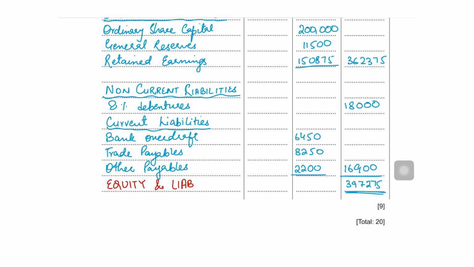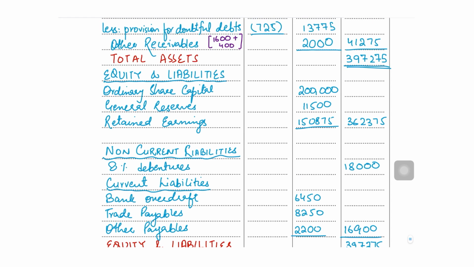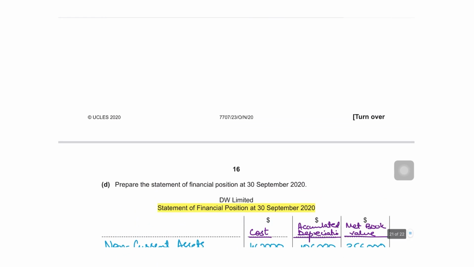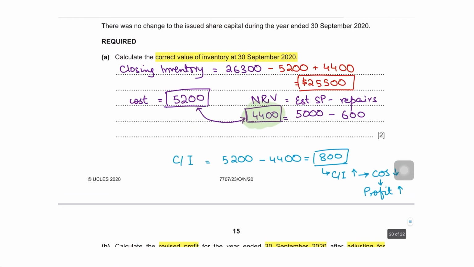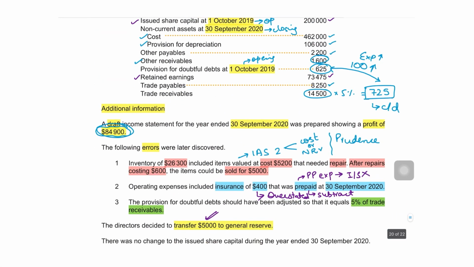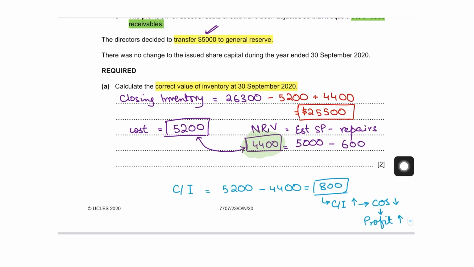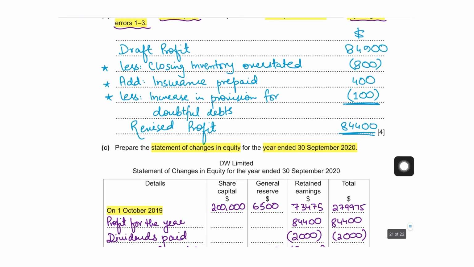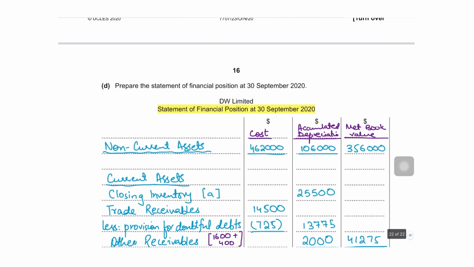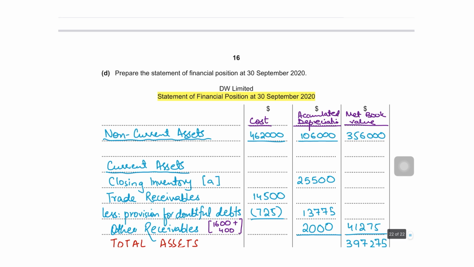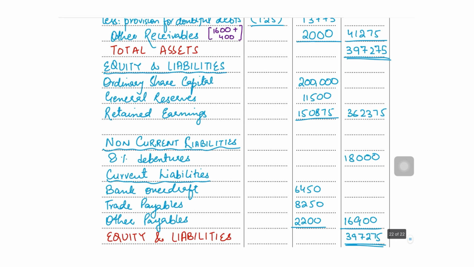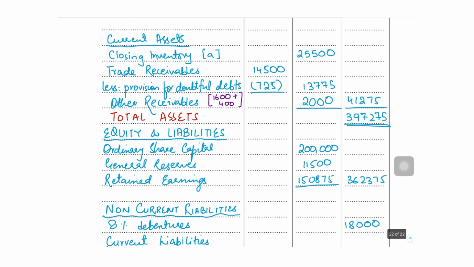If we make all the adjustments correctly, if we don't forget to add the revised values, if we don't forget to add or subtract the errors that were made in the question, and adjust for the corrected values in the SOFP, then the chances are that our SOFP is much more likely to balance. So I hope that this question was clear,